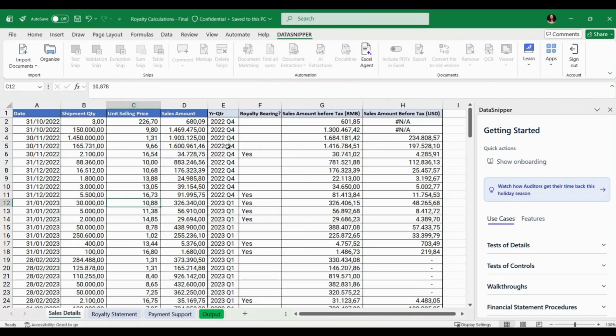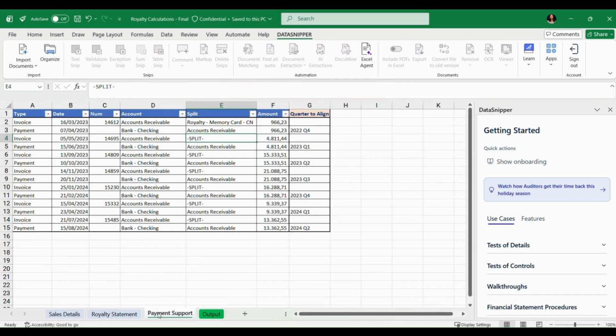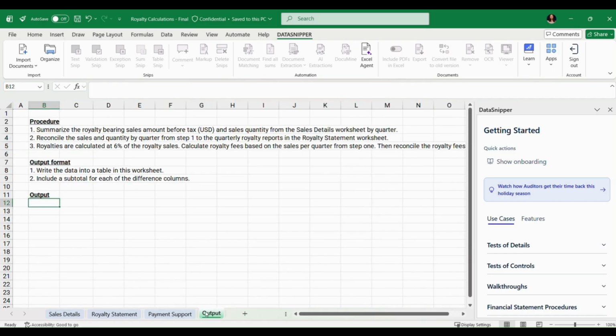In this video, we'll walk through another use case, performing royalty calculations and reconciliations using the Excel agent. This Excel workbook contains multiple worksheets, including sales details, royalty statement, and payment support. Rather than manually reviewing each sheet and performing the calculations step by step, we'll instruct the Excel agent to execute